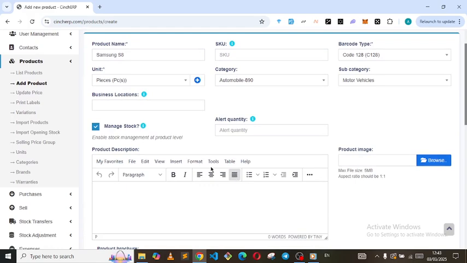Then the next thing to do is to come here. If you want to keep track of the stock, we are going to check this. But if you do not want to keep track of the stock, then we are going to uncheck this. But most times you want to keep track of the stock of this particular product. So we click this, and this alert quantity, what this represents is